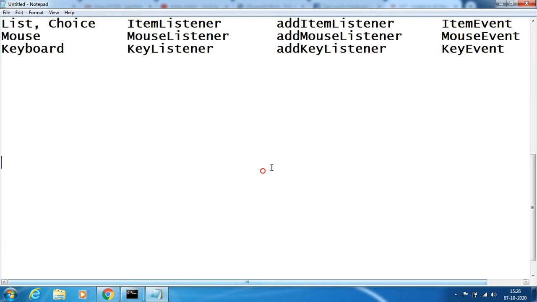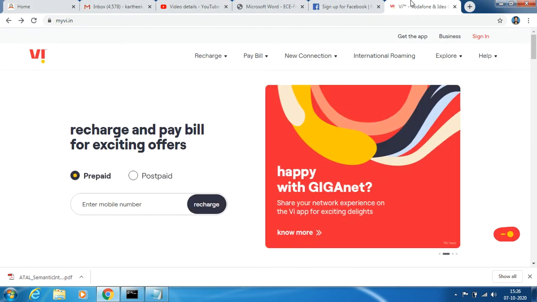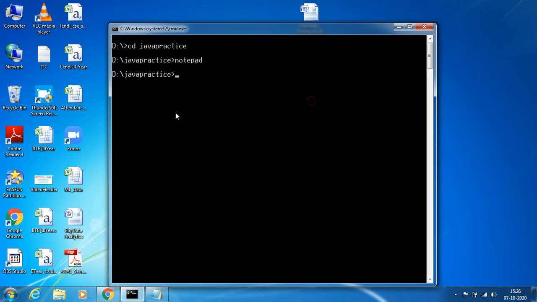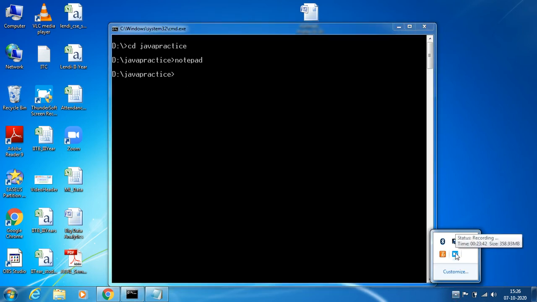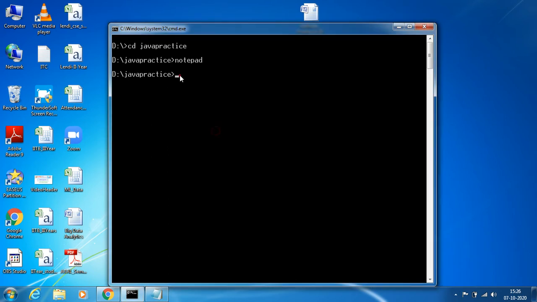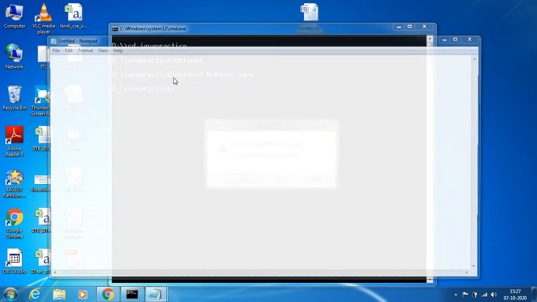Now we go with a simple example to understand how to create an event source, how to create an event listener, and how to perform an action. Okay, so straight away I take notepad, my mouse, a simple class .java.